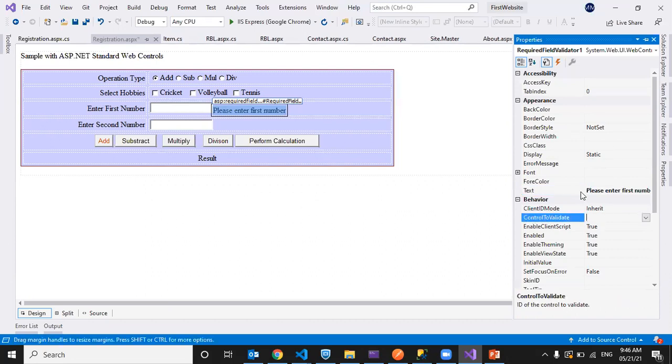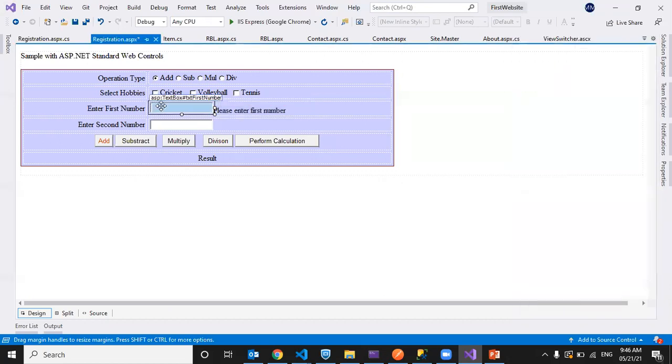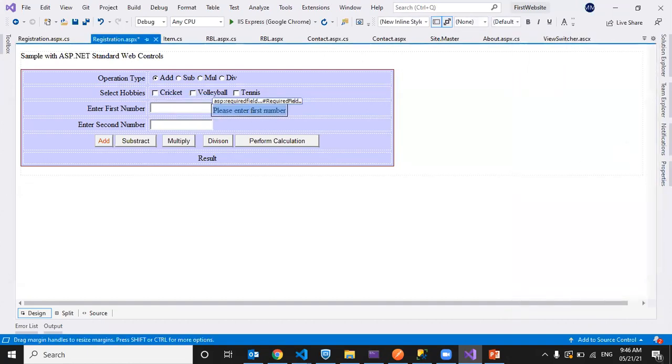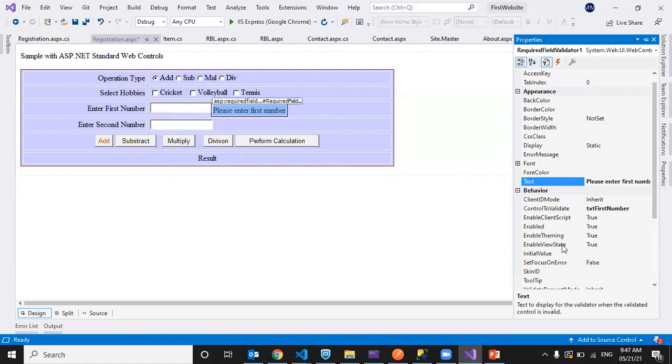What control do we want to perform this required field validation on? The txtFirstNumber is my control ID. This text box ID is txtFirstNumber, so I'm setting ControlToValidate as txtFirstNumber.